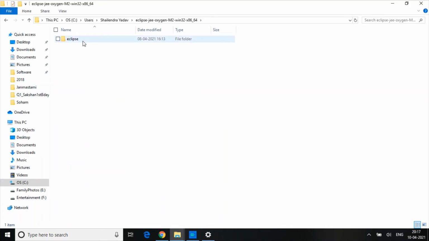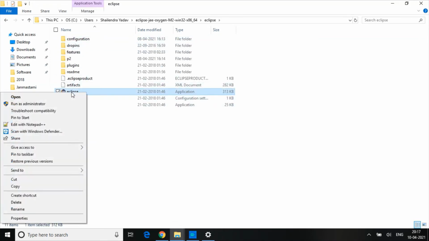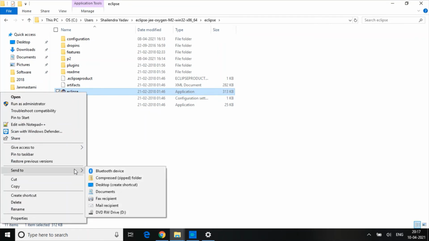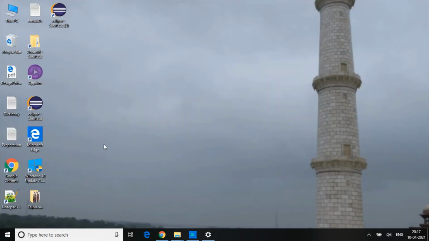It has been extracted here. Once extracted, just right click and send it to the desktop as a shortcut. So this Eclipse will be shown on the desktop as well. I already created one, so it has created another one.